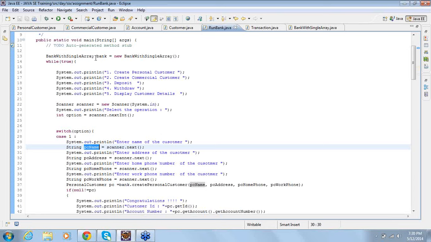Now when you do your next cycle, you again ask to enter the name of the customer. Whatever name you entered in the previous cycle, is it still maintained in this one? No, it is lost. But actually the data you managed to store into the bank array.